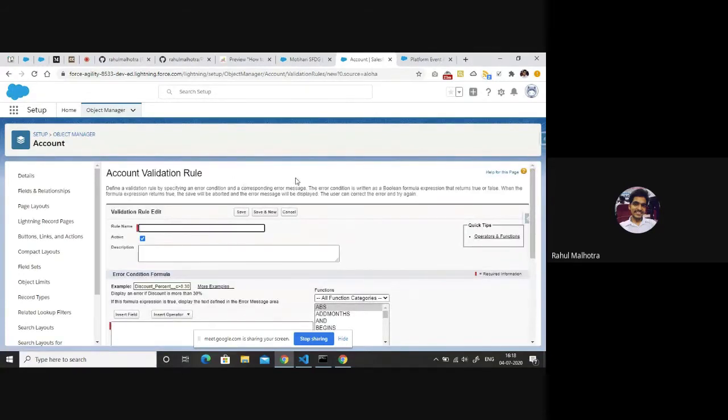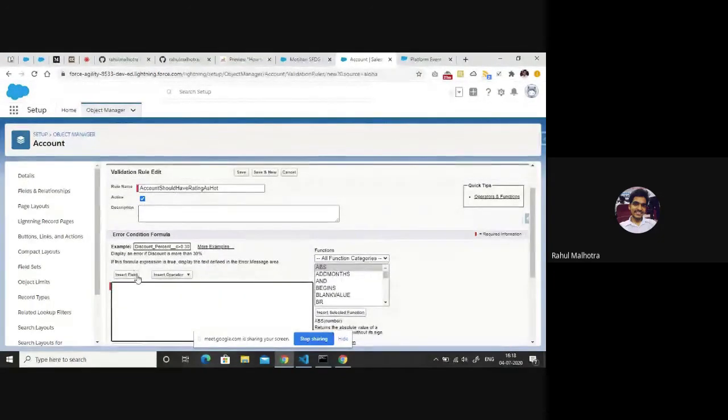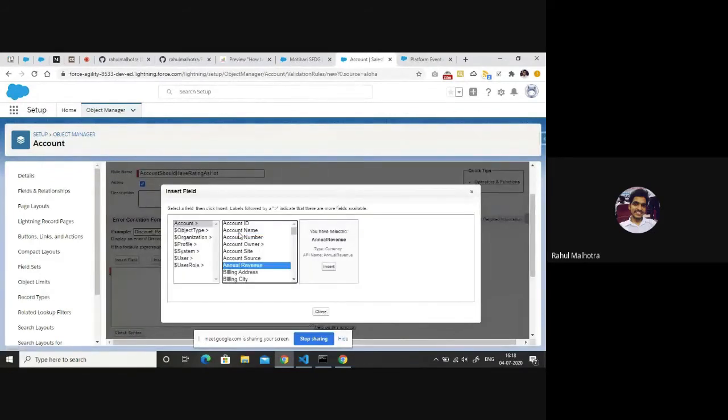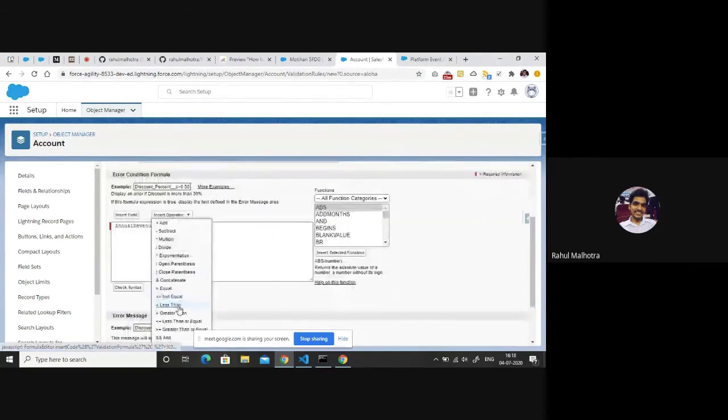I can give the rule name as, let's say, account should have a rating as hot. This is perfect, right? I can simply check if the annual revenue is greater than 50,000.